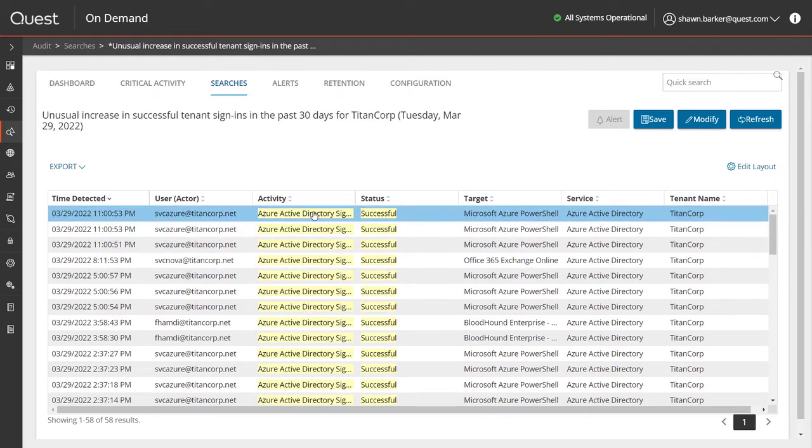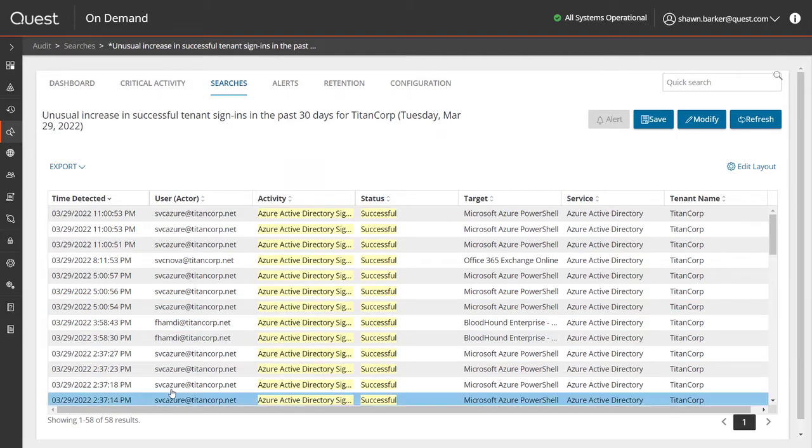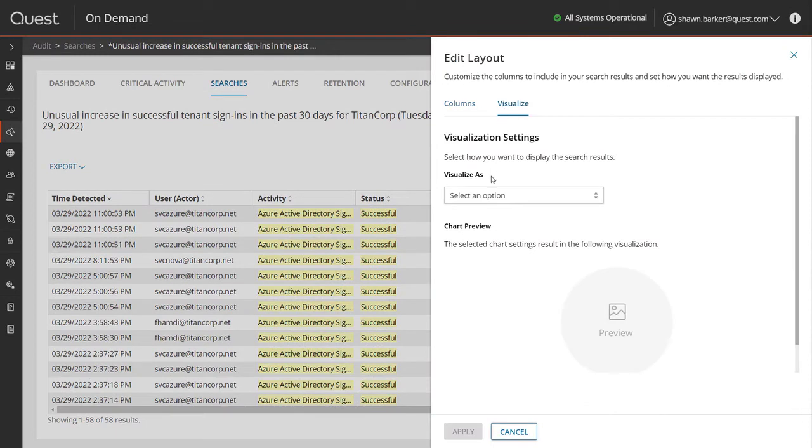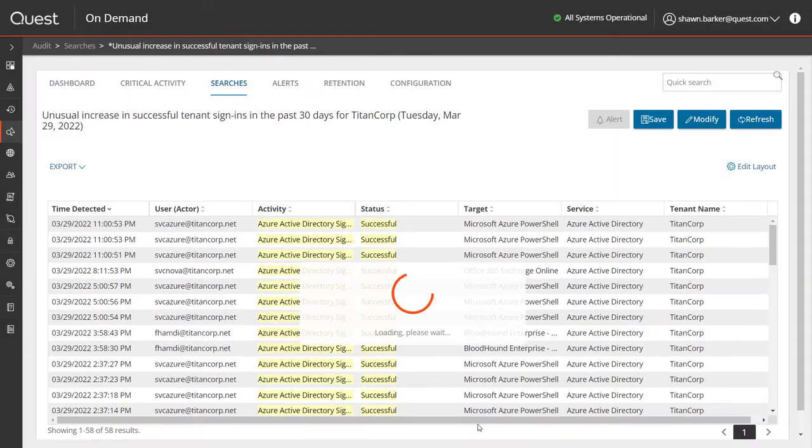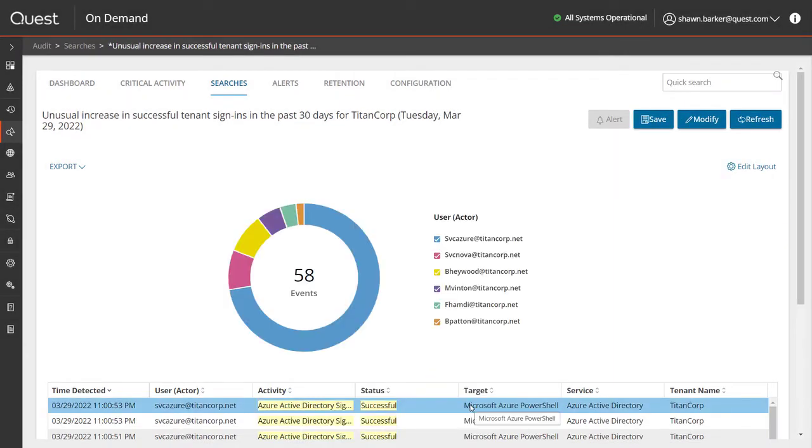Historically, what we had is a list of all of these sign-ins, and I could go through the individual events. The new interactive visualizations are going to make it so much easier to determine if all these anomalous sign-ins are coming in from one user or from a whole series of users. Maybe it's just one user that's been compromised. Maybe it's a number of users that are falling victim to a password spray attack or a dictionary attack.